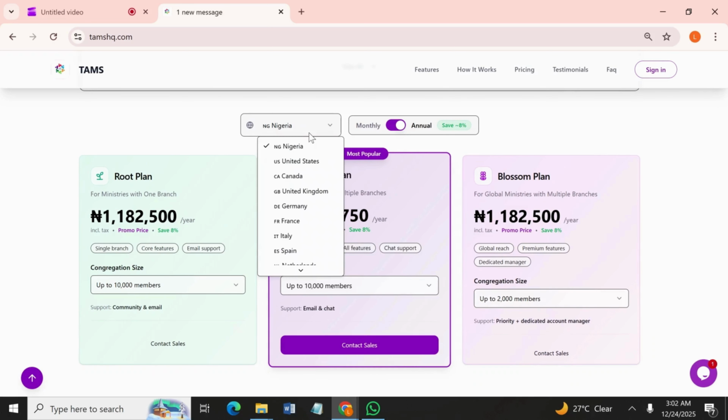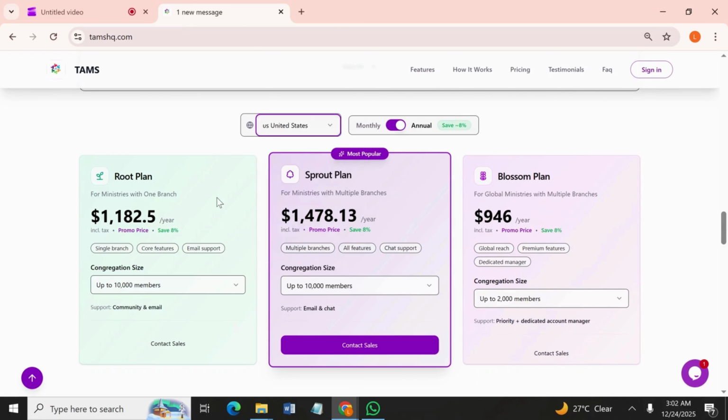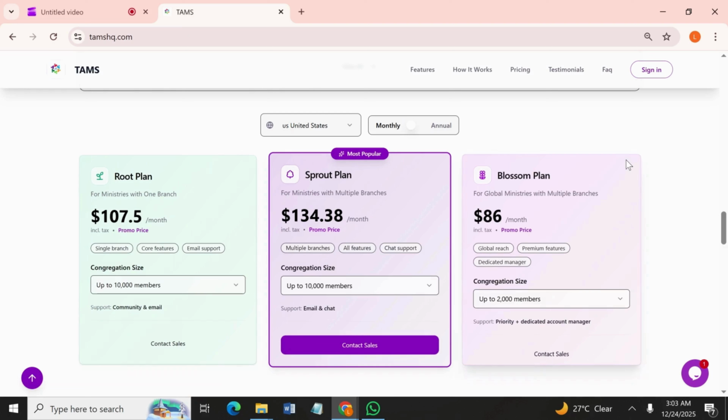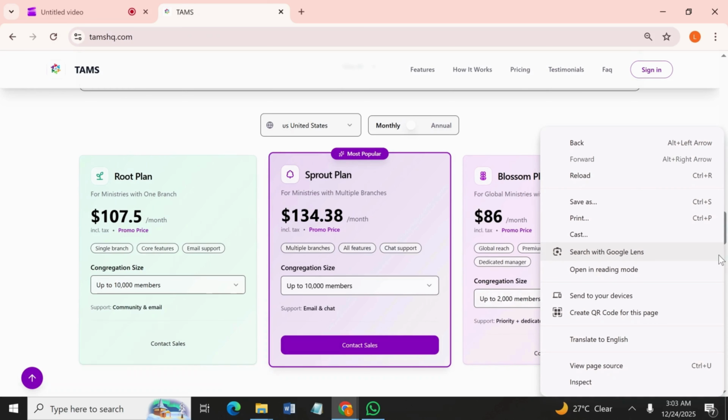If you toggle here to see the different countries, you can also see the amount per country. Right now, we only have dollars and naira. So any other country, besides Nigeria and the United States, will still use the US dollar. You can always click on contact sales to speak to any of our team and get more information.